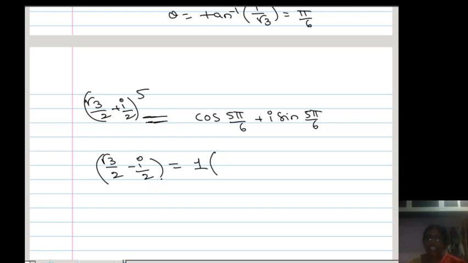Here theta lies in which quadrant? Tell me, theta lies in which quadrant? Fourth quadrant. In the fourth quadrant, x is positive, y is negative. Whenever theta is in the fourth quadrant, the principal argument is minus theta. So theta is π/6 here. So how to write? Cos of minus π/6, nothing but cos minus theta is cos theta. Understood? See here, first writing the polar form, theta here is minus π/6 because it is in the fourth quadrant. Principal argument is minus π/6.